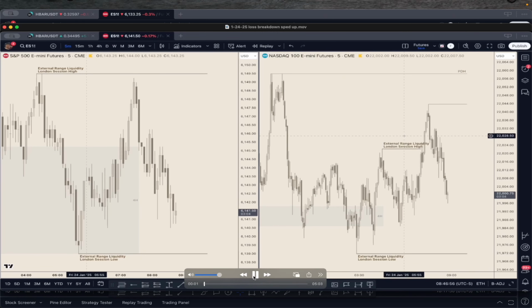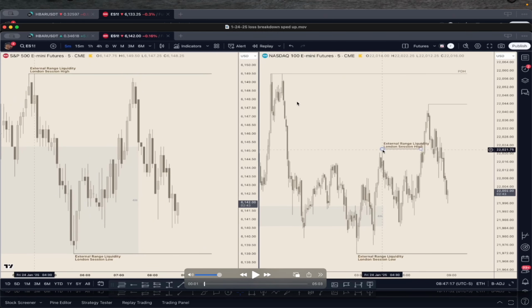And this is sped up, guys. So look, I'm just going to hit pause right here. The equal highs you can see are at London session high on S&P, and the equal highs on NASDAQ are at the previous day's high. This is not the same area that you see these equal highs on. These are two different areas on these markets. One is at London session, the other one is at a previous day's high, so Thursday's high. Okay,